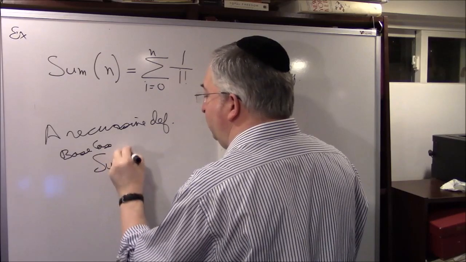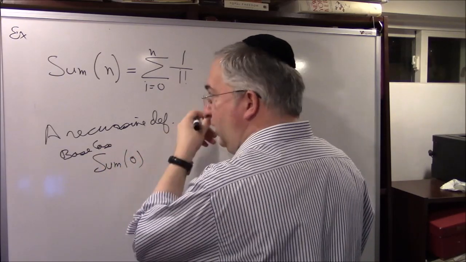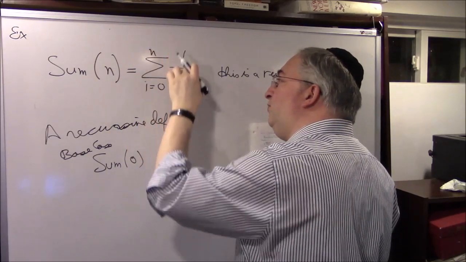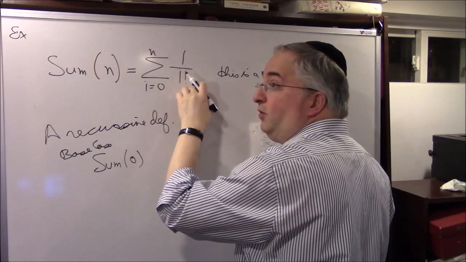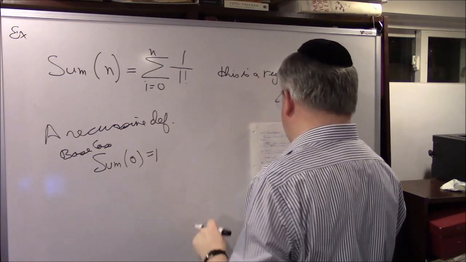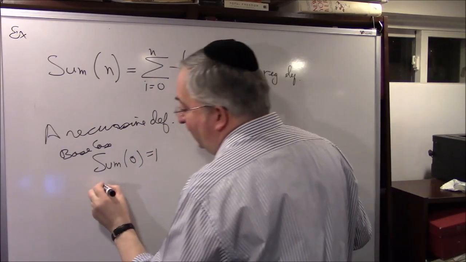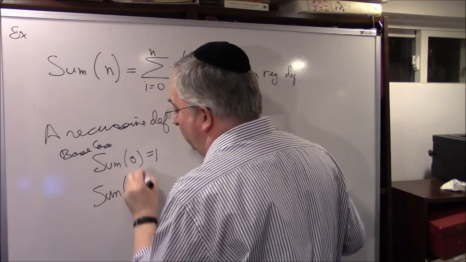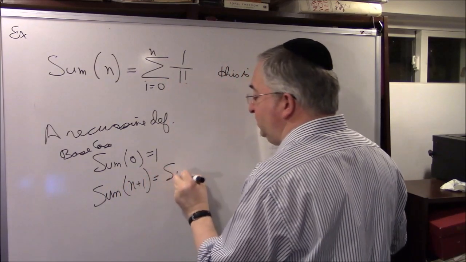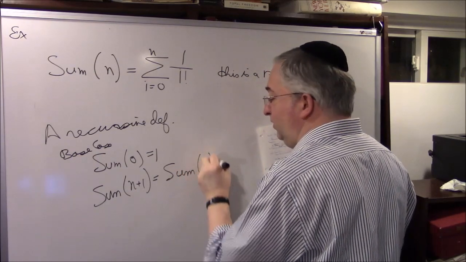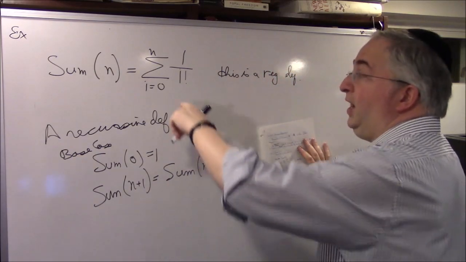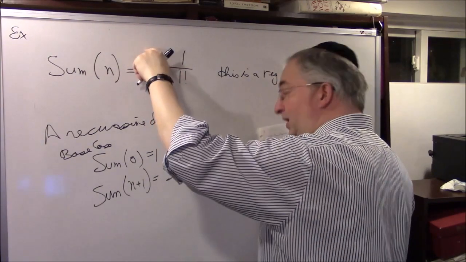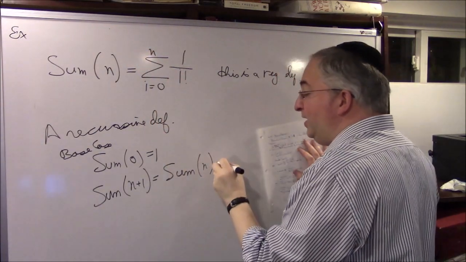Okay, sum of 0, from 0 to 0, 1 over 0 factorial. 0 factorial is 1, so that's equal to 1. That's pretty easy. And finally, sum of n plus 1 is equal to sum of n. You want to add up all the way till n plus 1? Very simple. Go till n, you did that, and then manually